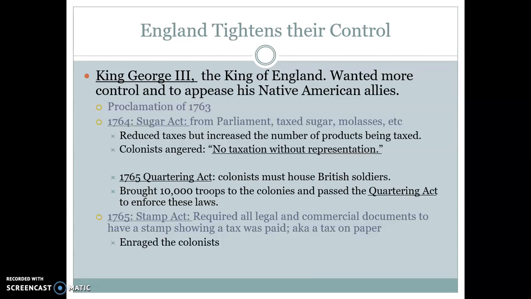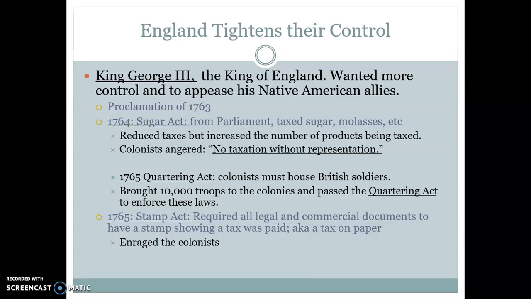And to try to get rid of these protests and to reduce the tax burden on the British Crown for having all these troops in the colonies, in 1765, the Quartering Act was passed. So the king brings over 10,000 troops and requires the colonists to house them. When they're there, they're of course going to make sure that these colonists are listening to the law, including the